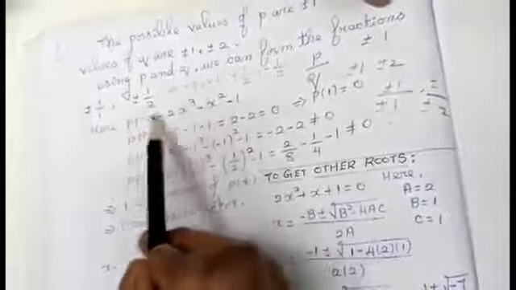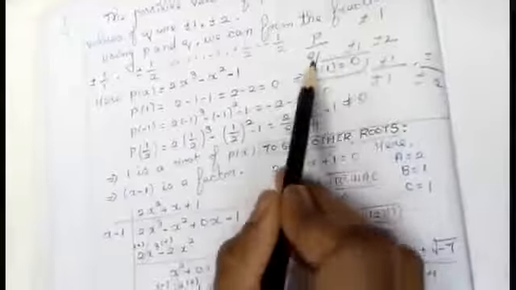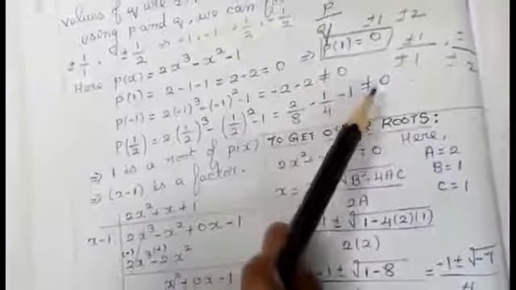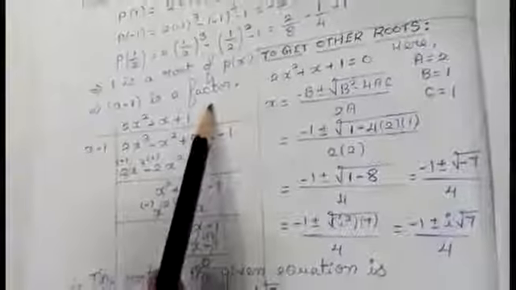So first what I am going to do is write the given question. I am going to substitute that particular value in x. First I am giving 1, I am getting the answer as 0. So definitely 1 is a root of p of x. Similarly, I am checking minus 1, 1 by 2 and also minus 1 by 2. You are not going to get the answer as 0 in this particular sum. Since I am getting 1 as a root of p of x, I can say x minus 1 is a factor. The remaining two roots I am going to find out now.